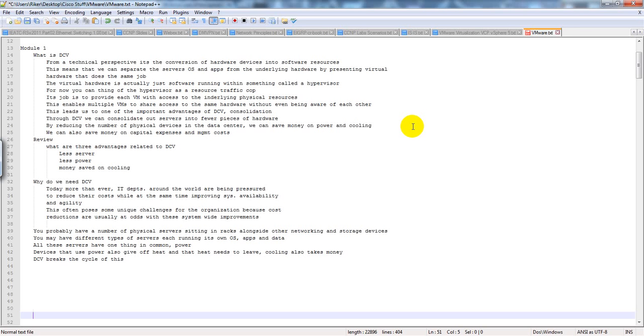Well, you have to wait till it's after hours. Can you spin up an email server on the fly and just move it over? Maybe, but I'm sure there's going to be some impact of some sort when you're doing it. But I'm not an Exchange or a Lotus Notes or email guy, so I won't get into too much more detail on that. This often poses some unique challenges for the organization because cost reductions are usually at odds